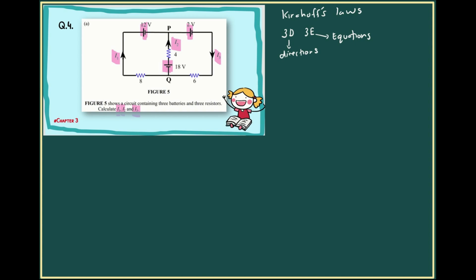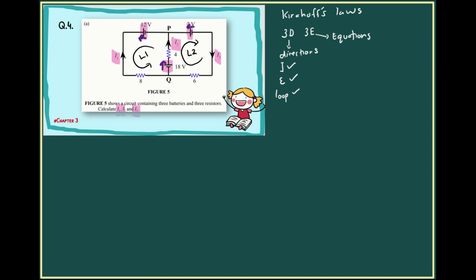So we start with direction. You're supposed to have the direction of I first. The direction of I is already drawn for us, and then the direction of EMF. It's supposed to be from negative to positive, negative to positive, negative to positive. And last, we want to draw the direction of loop. It's up to you, you can draw clockwise or anti-clockwise. Mine will be, for loop number 1, anti-clockwise. For loop number 2,